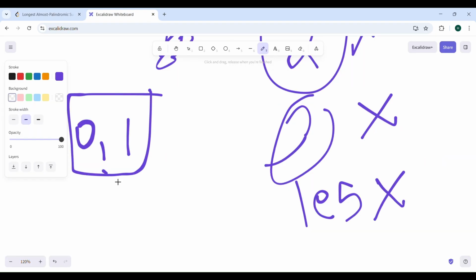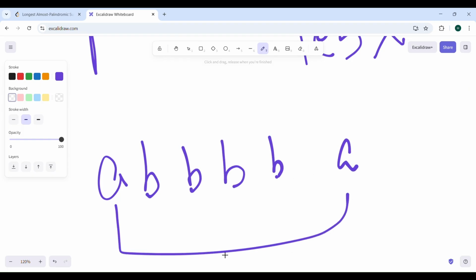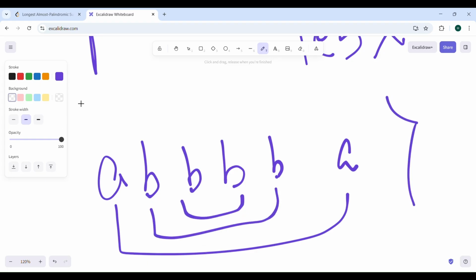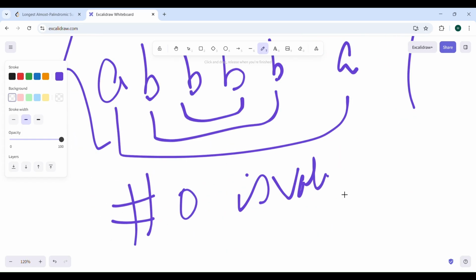Because see, the problem itself said that you need to delete exactly one character. So 1 makes sense. Yeah, deleting one character definitely makes sense. But why 0? Right? Let's say you had a palindromic substring A, B, B, B, again a B and a A, right? So this is a palindrome. Now you need to tell me why 0 is